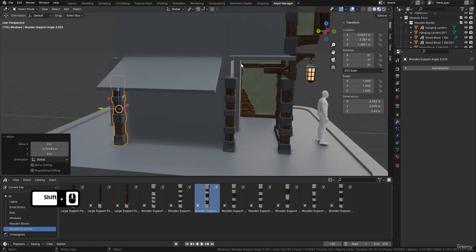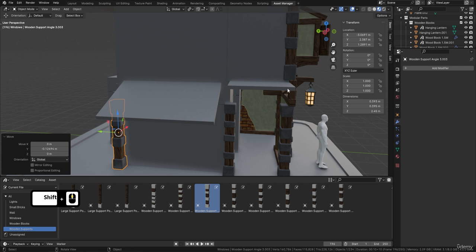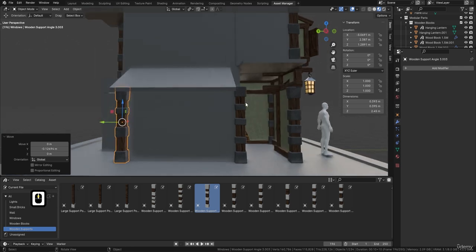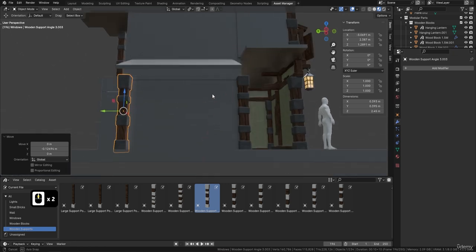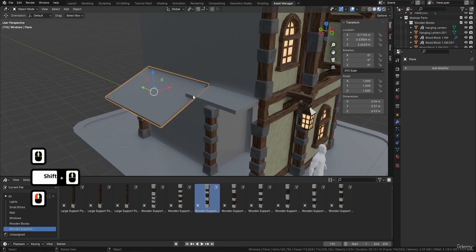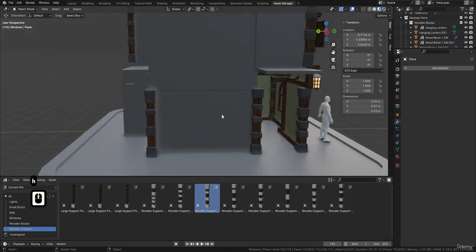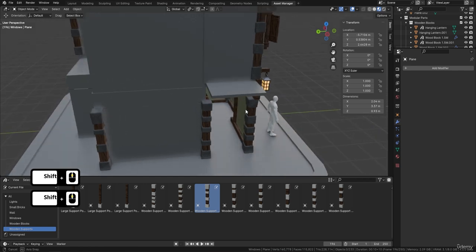I think this support here is going to be realistically a good support for this part, and I think I can actually build from this to create some kind of archway along here. So I'm going to hide this part of the way as well, and then I've got what I've got to work with. So what I'm going to do is, I think first of all we'll bring in one